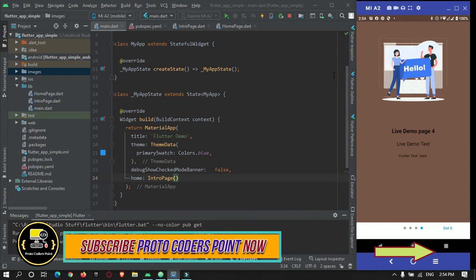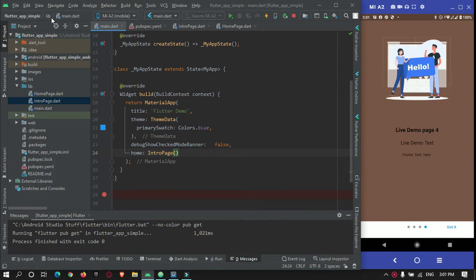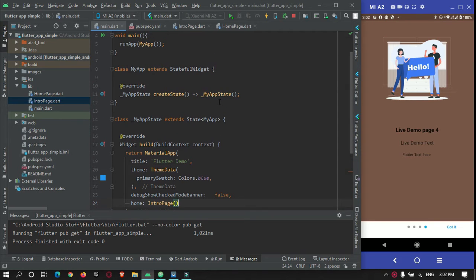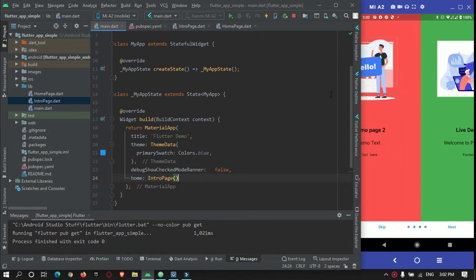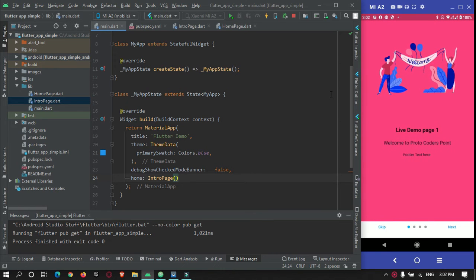Okay, so let's begin. Here I have created a new Flutter project in my Android Studio IDE, and I have done some basic coding, meaning which pages need to be shown. I have created two pages, the intro page and the home page. The home page you can call a dashboard page that will come after this intro page, and the intro page will be these page view models. So let's begin with the tutorial.